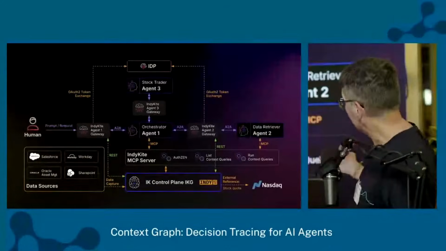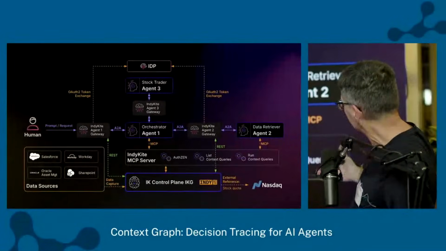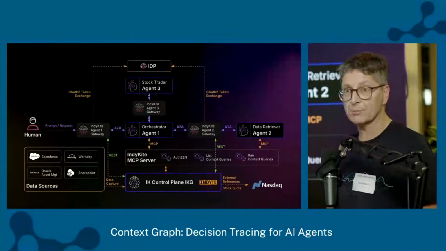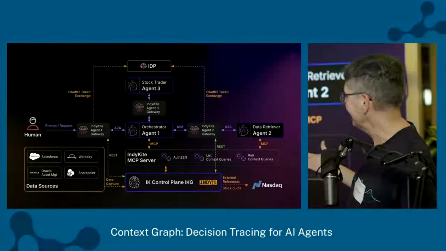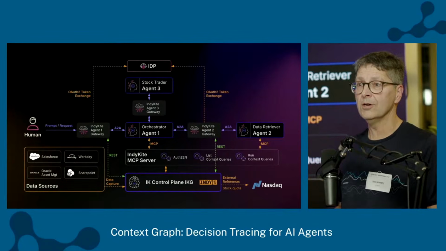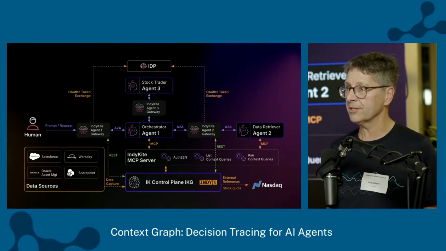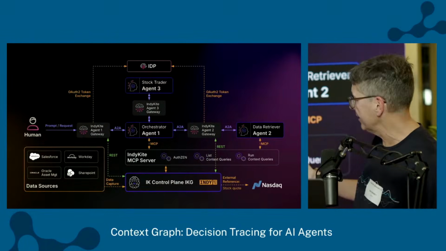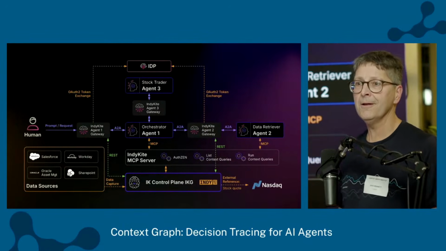Now that prompt's gone off to the agent 2 retriever, and it's like, okay, now I'm going to do some retrieval against my MCP server. So it's going to list its queries or do an authorization call. In our case, maybe it's going to do what we call a CIQ call, or a context IQ query, and query the actual control plane itself for something. And it's going to do that inside the context of the token. So in that token, we have all the actors: agent 2, agent 1, and the original subject. So we can provide a full context of calling.